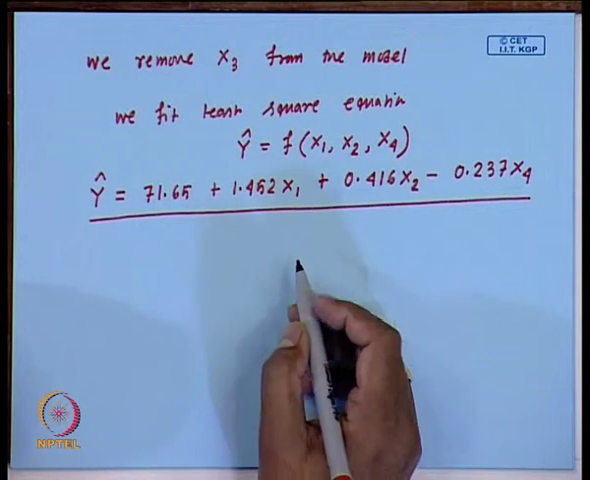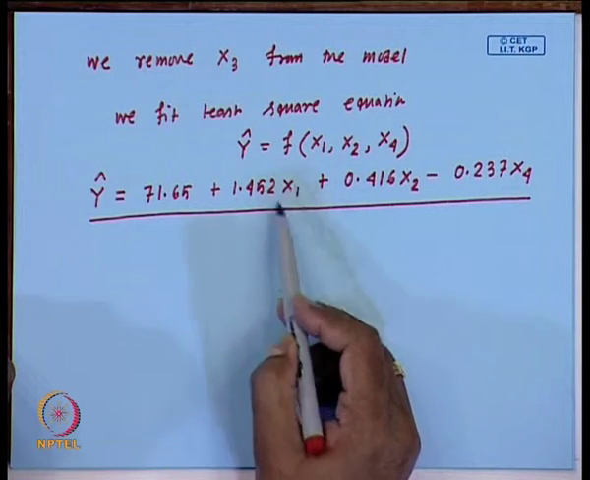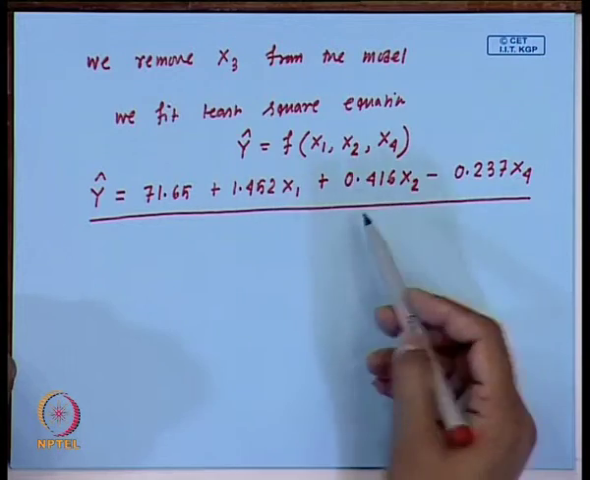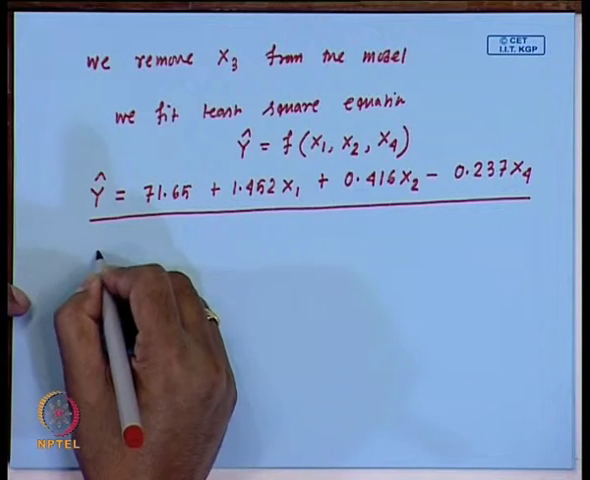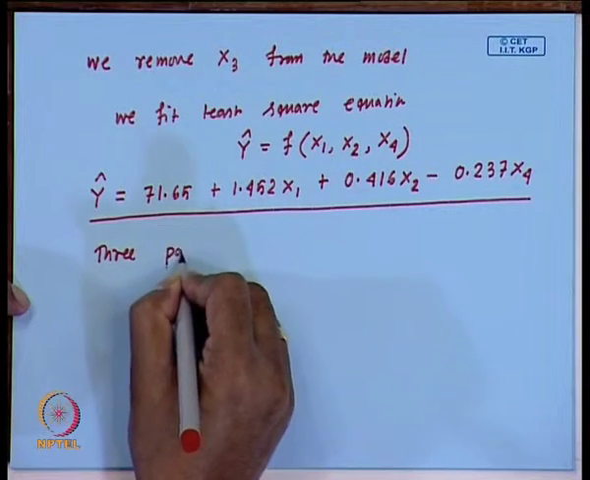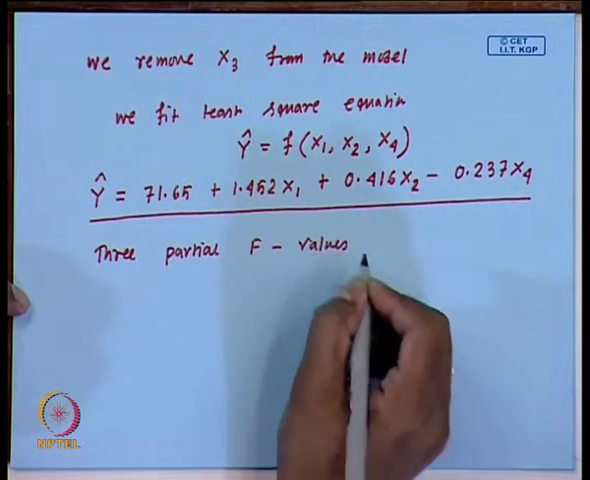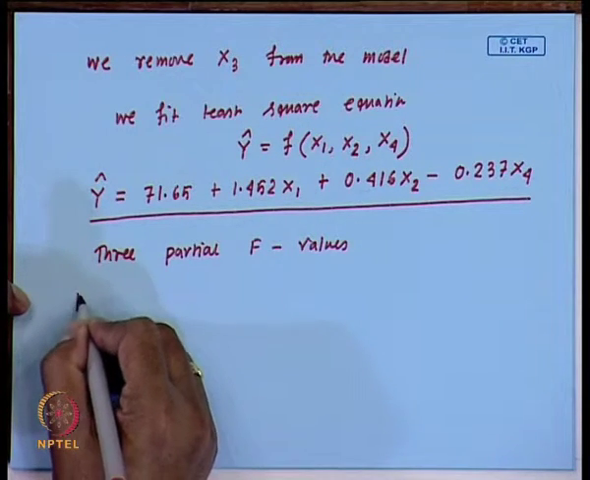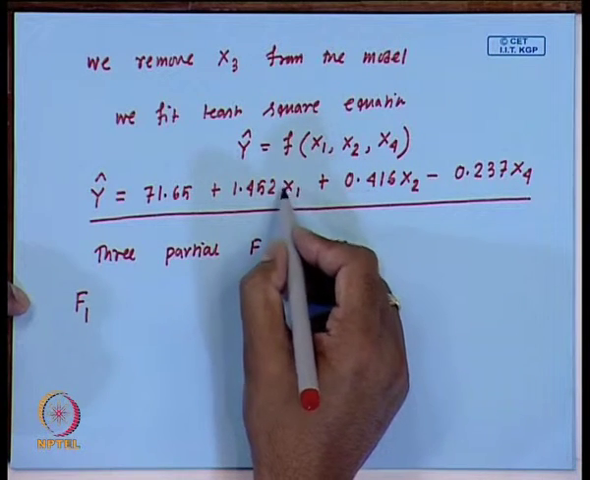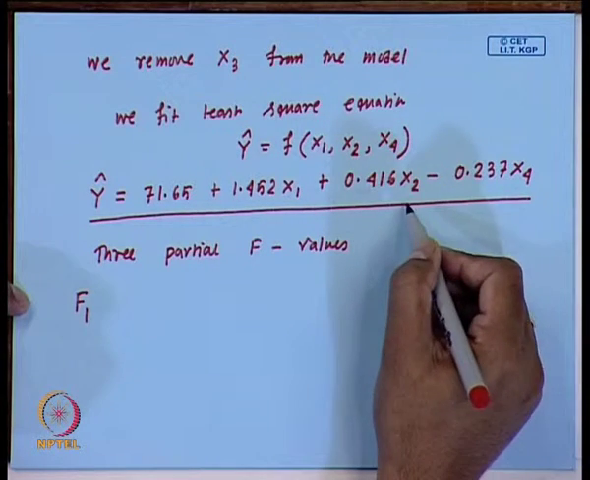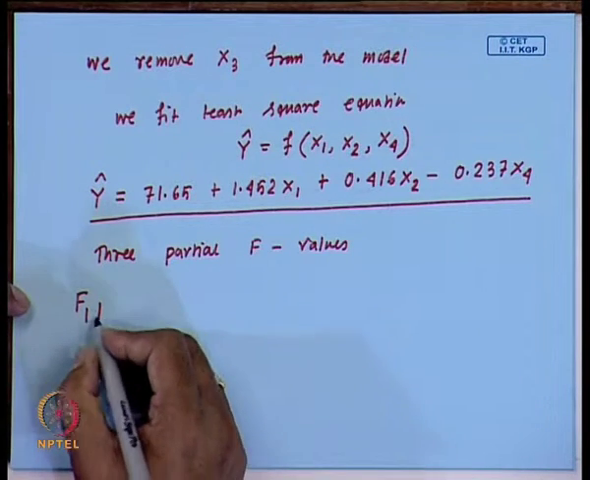Well, now again what we do is that we will try to see whether we have a regressor which is less significant in the presence of other regressors. So, what we do is that we compute 3 partial f values. For f 1, to check whether x 1 is significant in the presence of x 2 and x 4, we compute this partial f statistic, f 1 given 2 4,